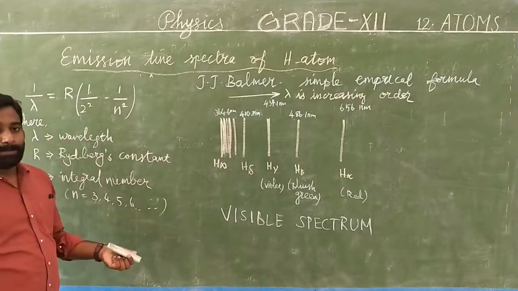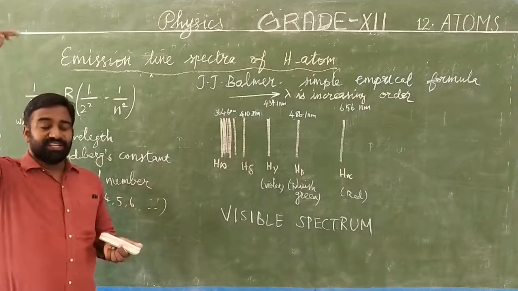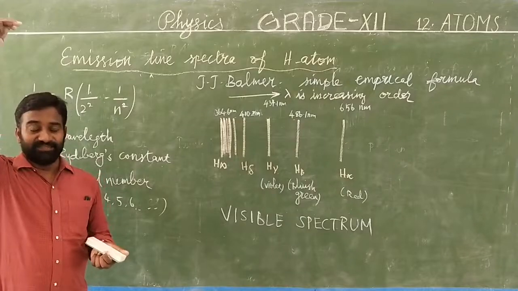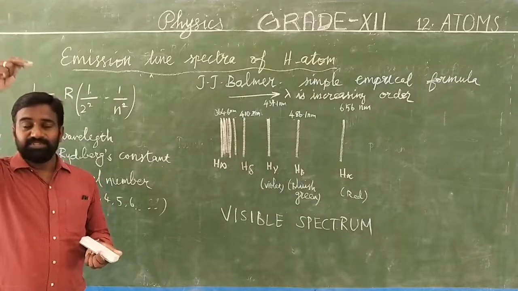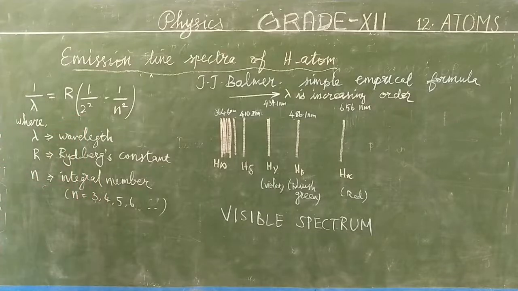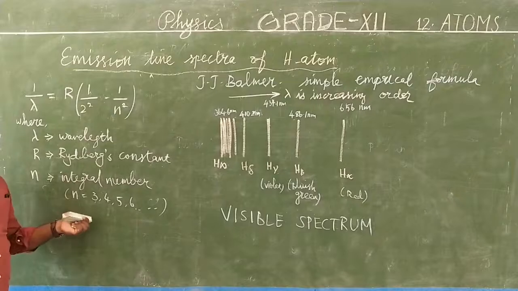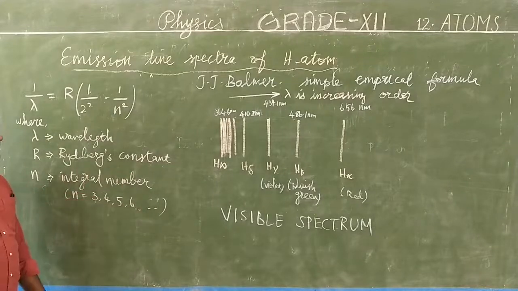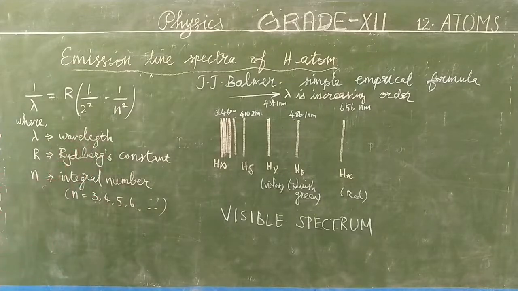Similarly, the third one is Paschen. From all the excited energy levels, the atom comes to the third state, so we have to use 3 for Paschen. Similarly, the very next series is Brackett, and then Pfund. Okay, so now we are going to see only the Balmer series.